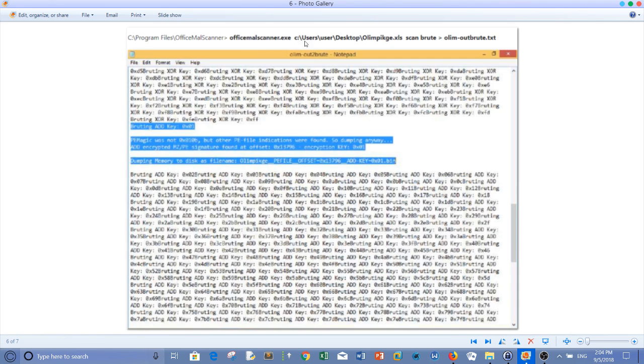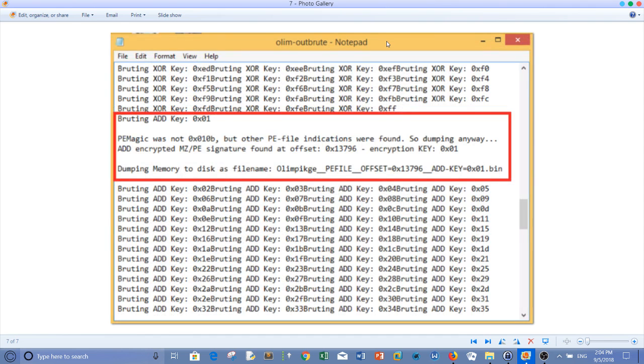So if I use the Office Malware Scanner, okay, and I specify the Excel file with the option scan brute, it will look for any encrypted strings or any encrypted files embedded in the Excel file. Okay, so the output is over here. As you can see, we have kind of an executable file, a portable executable file. Okay, so